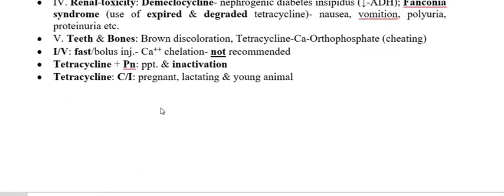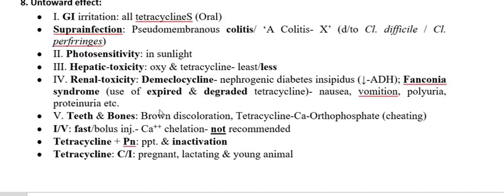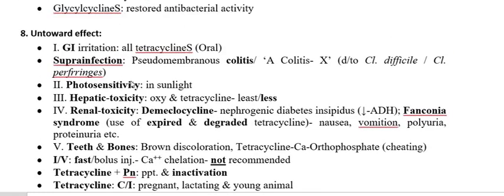Next, and almost the last point, is the untoward effect. Untoward effect is a very interesting property, because this will restrict the use of the drug. I mean, if the drug possesses high untoward effect, we are not going to use it. As we have seen in the case of demeclocycline, we usually do not use demeclocycline as a therapeutic drug from this group because of the two toxic properties, that is photosensitization, and another is nephrogenic